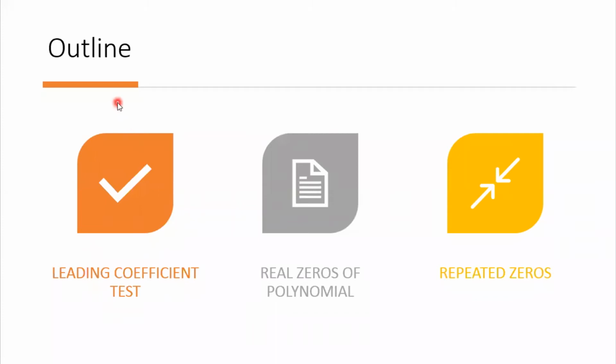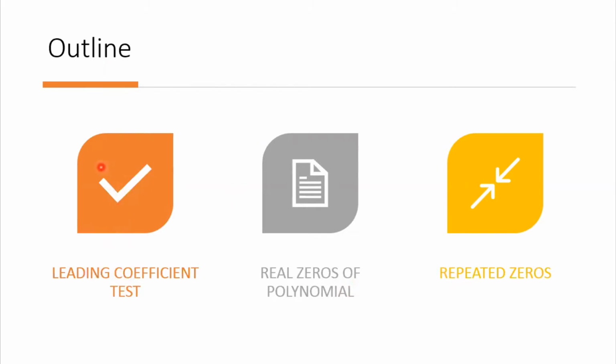This is the outline of our discussion. I will be discussing first the leading coefficient test, the real zeros of polynomial, and also the repeated zeros. Now, these three concepts here are very important when we move on to the discussion on how to sketch the